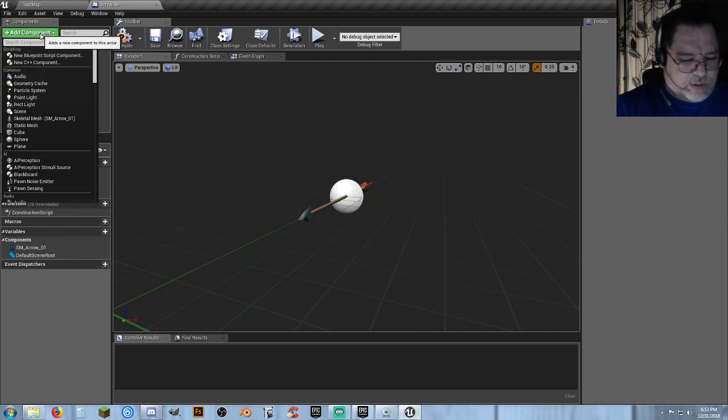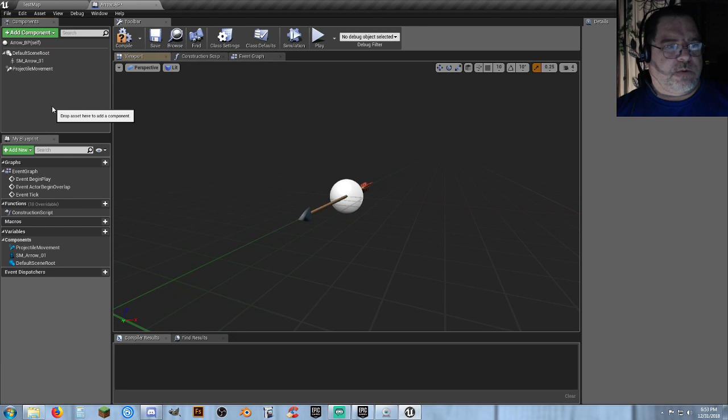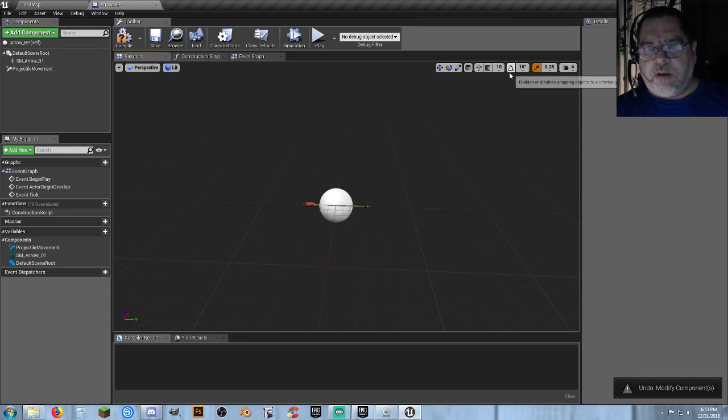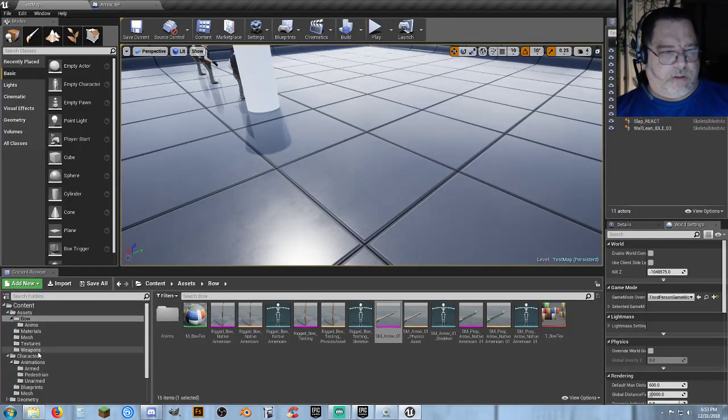And add projectile movement. And I'm not going to make it the root just yet because I know that I'm going to have to probably change the orientation of the arrow because it was going out that way, so we need to rotate it around. All right, we'll test it now, and then...